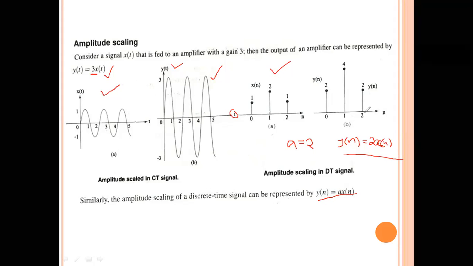Similarly, at n equal to 2, you are going to get the double magnitude. So similarly, this y of n can be obtained from x of n only. There is no change in the waveform shape and there is no change in the times. See here at 1, 2, 3, and similarly 1, 2, 3, 4, 5 is also given. So no change in the time and waveform shape, but the only change is in amplitude. So this is about the amplitude scaling.